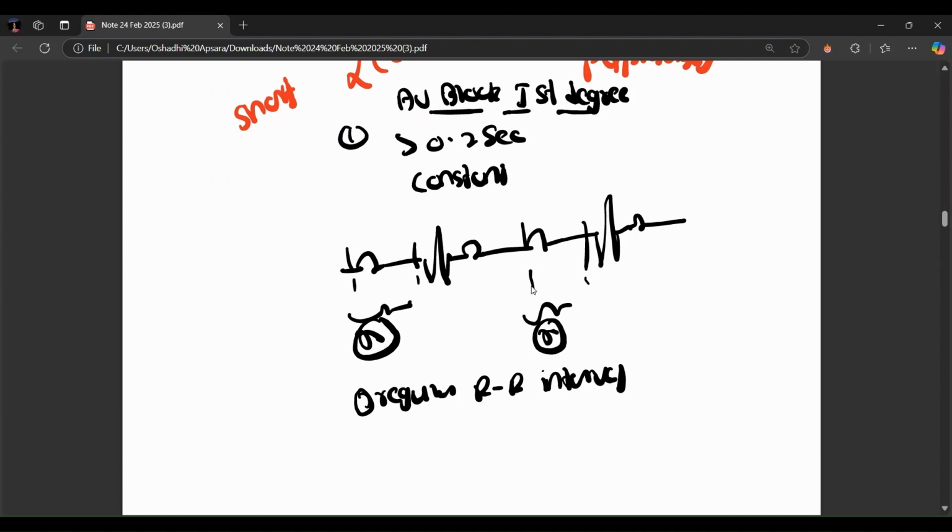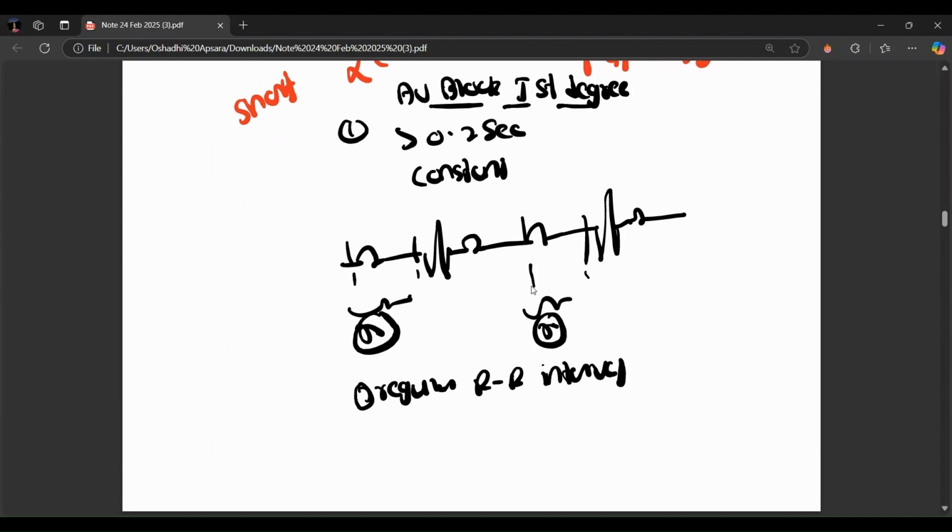In AV block first degree, the PQ is prolonged. It means it's more than 0.2 second. The PQ should be between 0.12 and 0.2. Now the PQ is prolonged. It is more than 0.2,